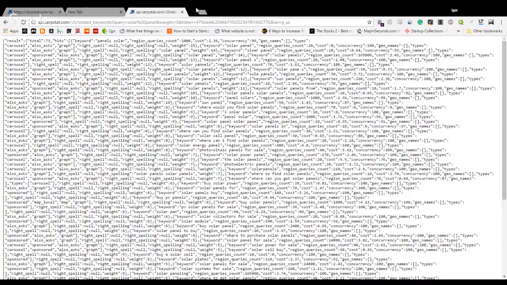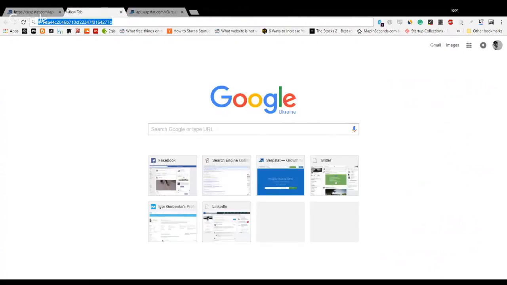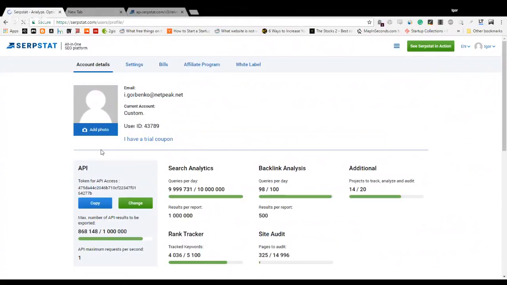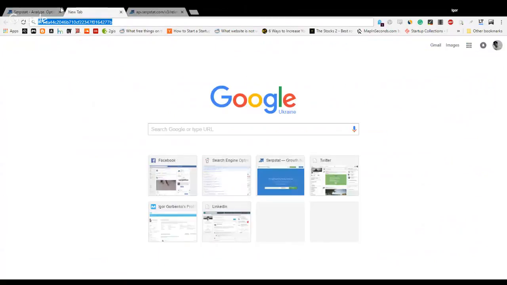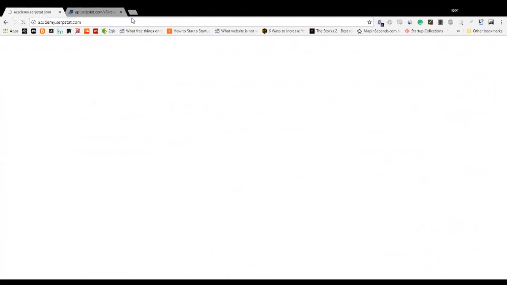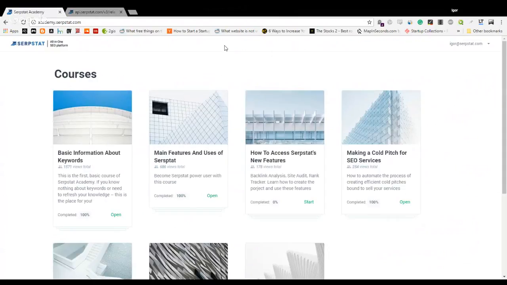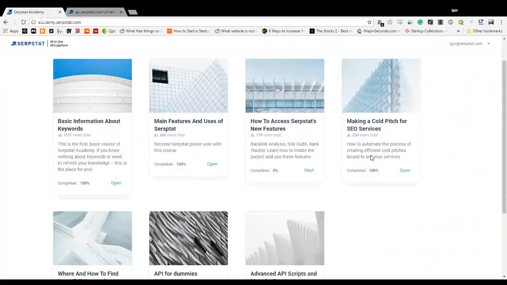Okay, great. Now let me show you one cool thing that I created a few weeks ago, and no one has used it because we didn't actually promote it that well. Let me change my token just in case, so no one copies it and steals my limits, because I need them too. We have a thing called Serpstat Academy. The address is academy.serpstat.com, and it has a variety of courses on how to use Serpstat,